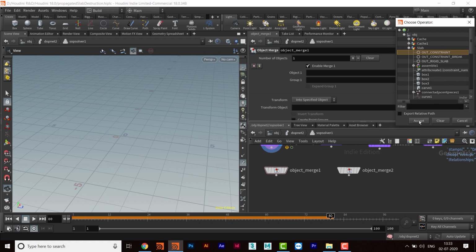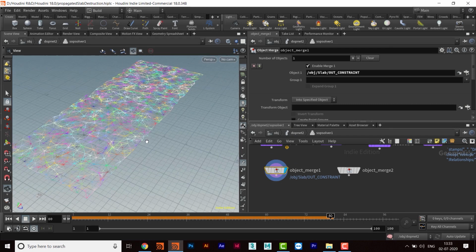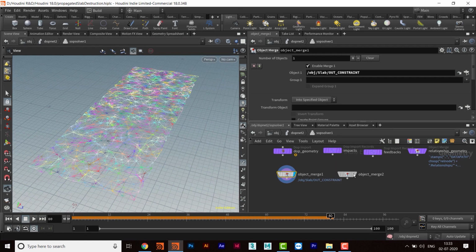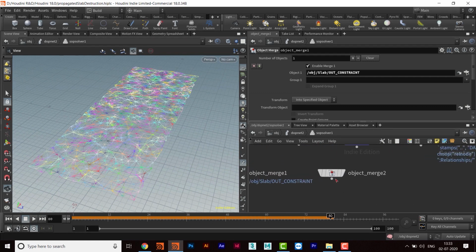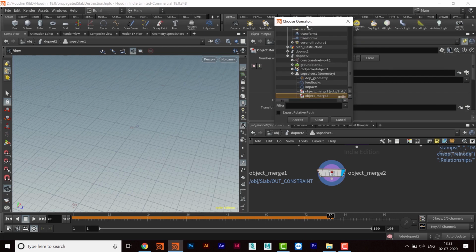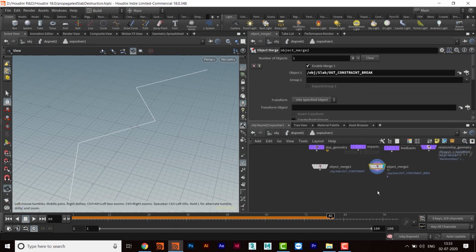Okay, out constraint, that means this part. And then here this is the line, so I will call it line here. Okay, and that is out constraint break. The line means curve.